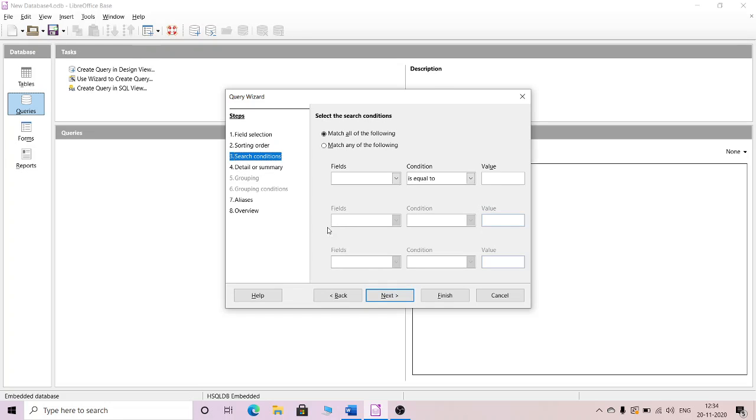Click on next. Then we require a very important thing, that is matching fields we have to provide out here. These are all the fields that we selected. What I need to do out here is student.id, which means student is the name of the table and ID is the name of the field. So student.id should be equal to,